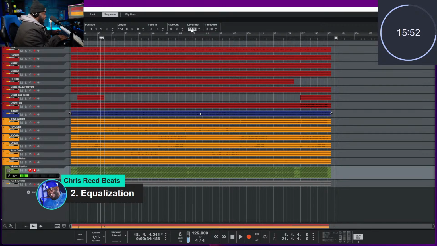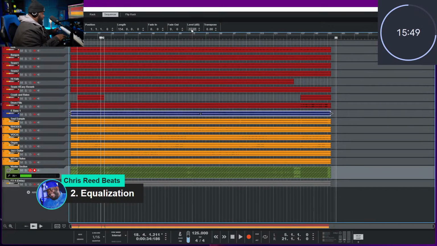We can even go up a little bit. I think I reduced the bass a little bit, but